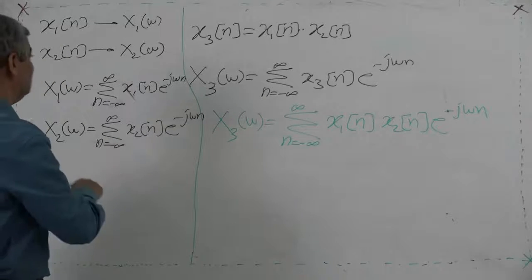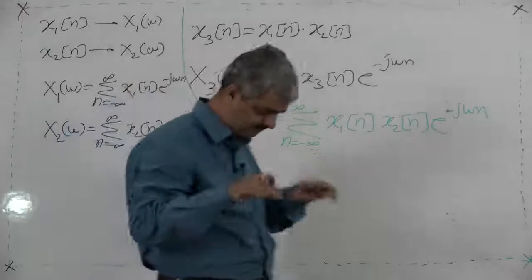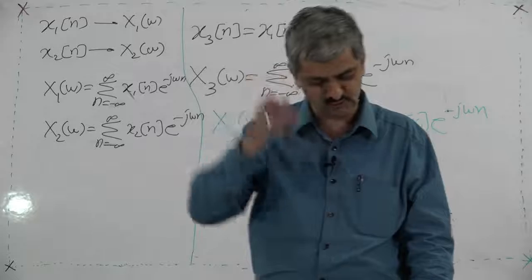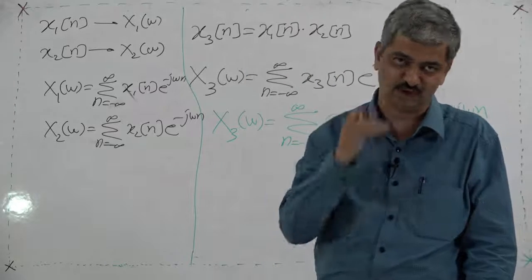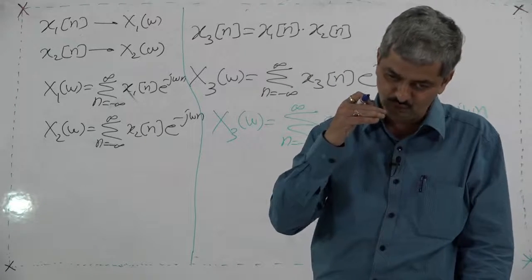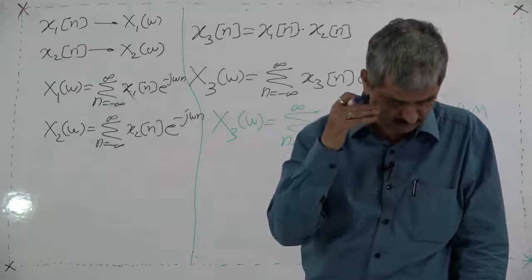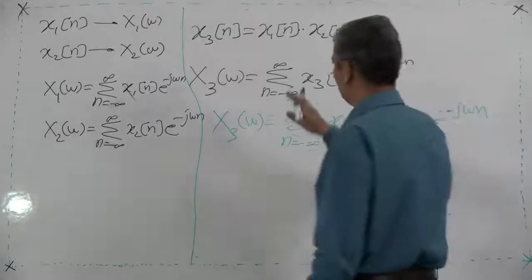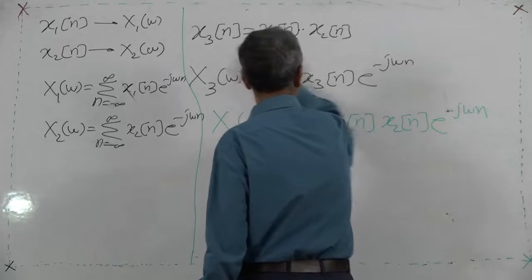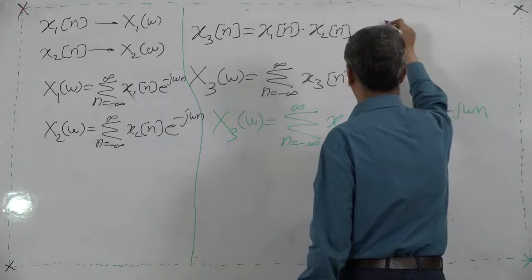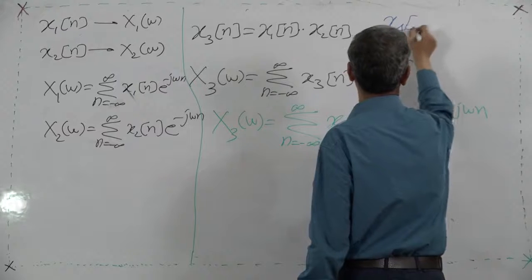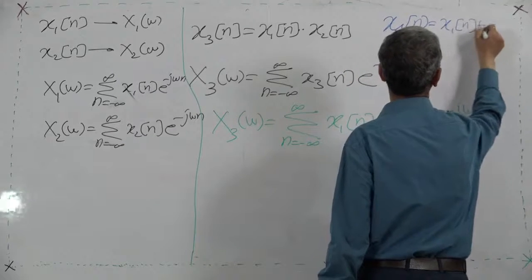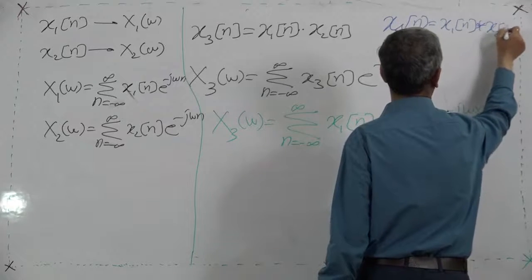Now the second is, we will discuss both because both have very complementary symmetry. In today's session I will give an introduction to both problems, and you are supposed to think about them in detail on your own, and tomorrow we will solve both problems together. So this one is for multiplication. What is the second one? x4[n] is equal to the convolution of x1[n] with x2[n].